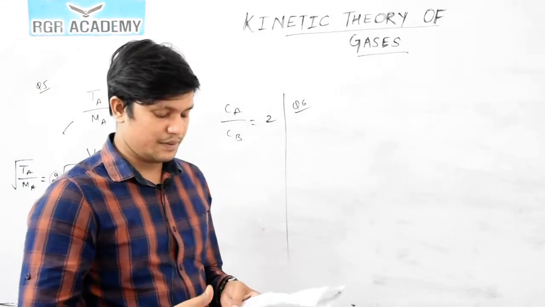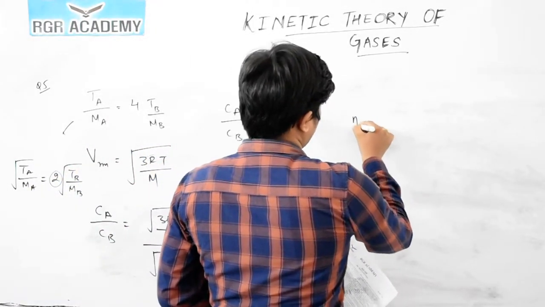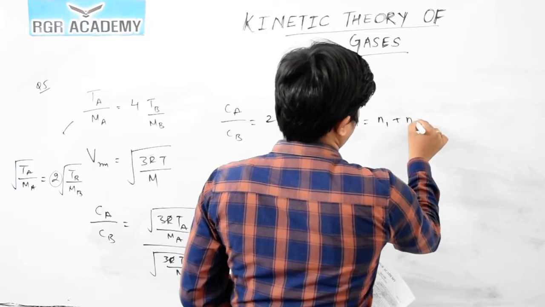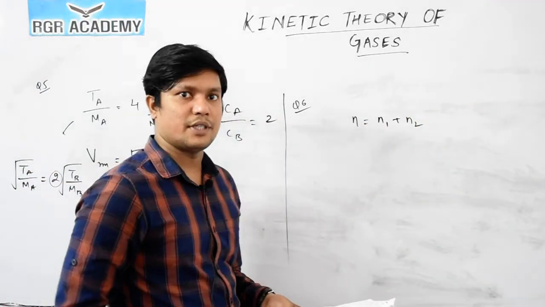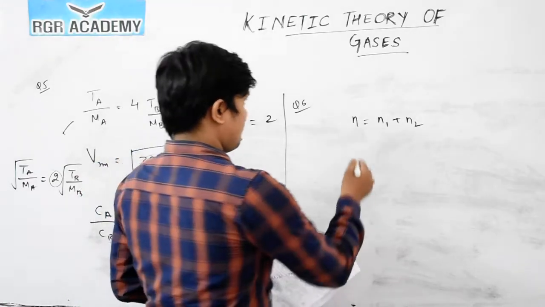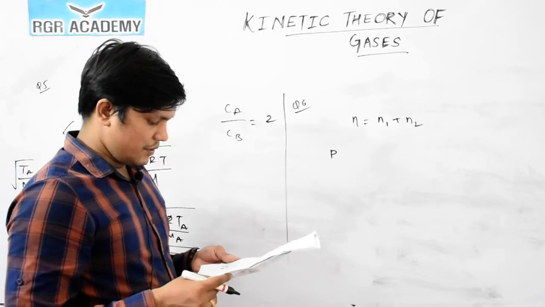So the number of moles will remain conserved. We can say that the final number of moles will be equal to N1 plus N2. Initially the number of moles in the first case is N1 and in the second case it is N2, I have taken. So we can say that finally, pressure, what they have given,